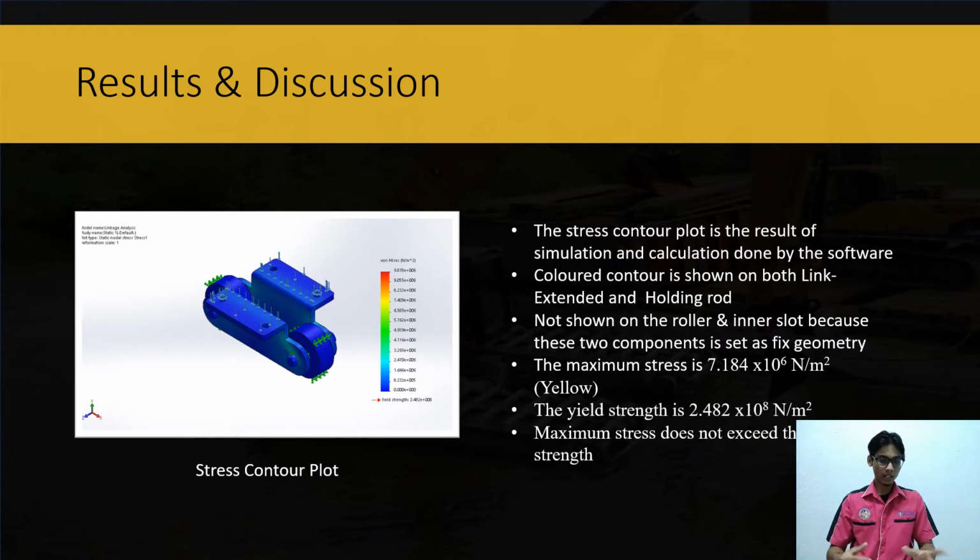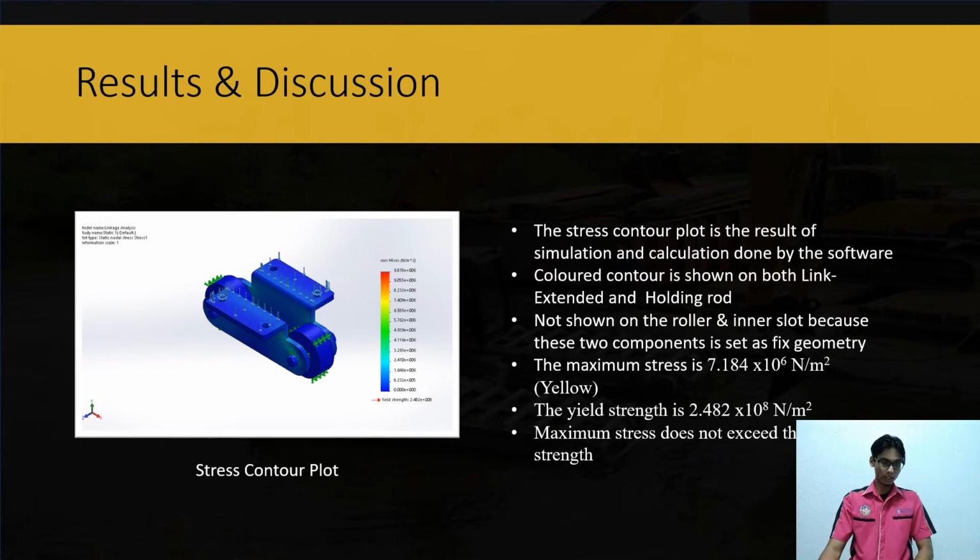The figure next, the figure shown here, is the results of the simulation. The figure shown here is a stress contour plot. The stress contour plot is the result of the simulation and calculation done by the software. The colored contour is shown on both the link extended and the holding rod. The colored contour is not shown on the roller and in the slot because these two components are set as